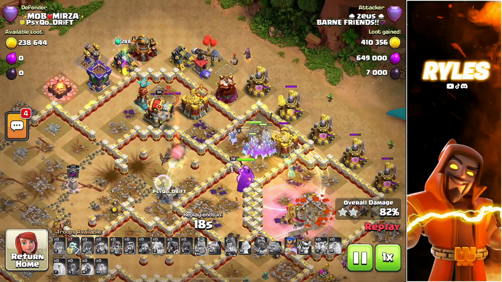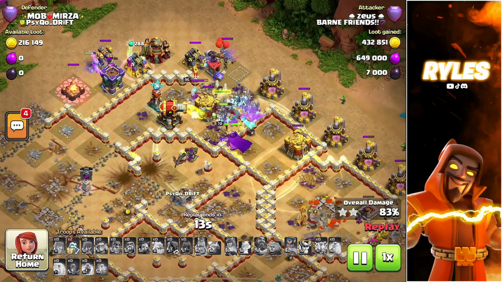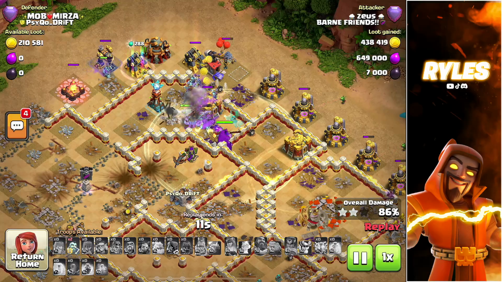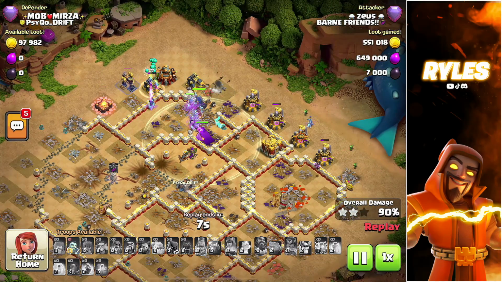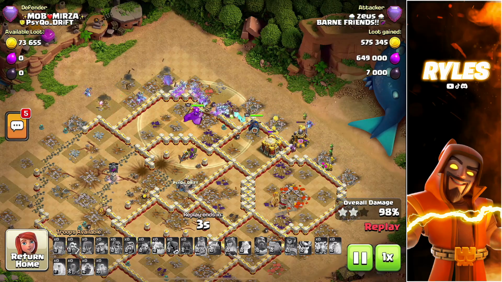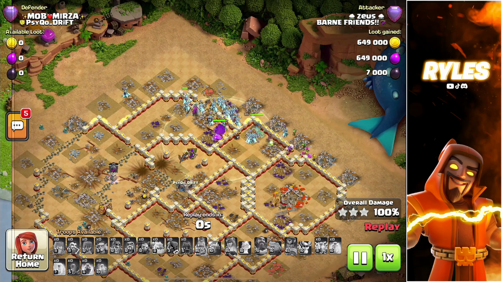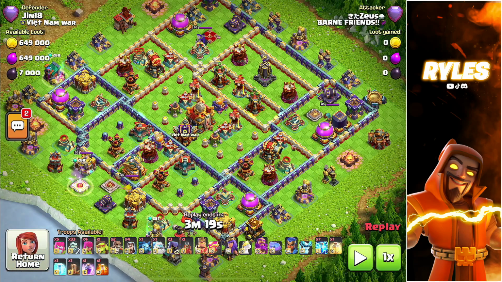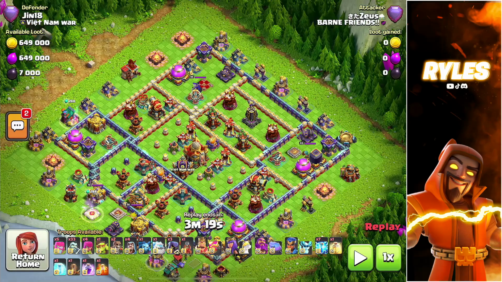This is crushed, and I can just tell this strategy is a lot of fun, and it is way stronger than Lalo in my opinion. And this is just because you can't really build against Super Hog, not Super Hog Riders, but against the Zaphogwizards here. Now here's the next base, and once again we have an anti-2-star base, with the Town Hall